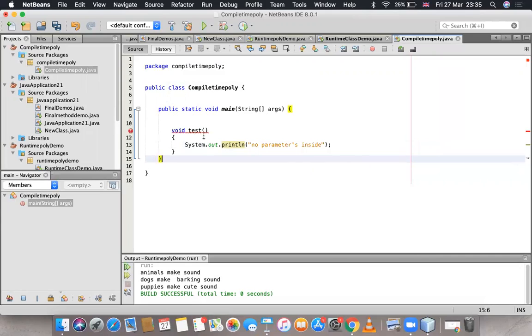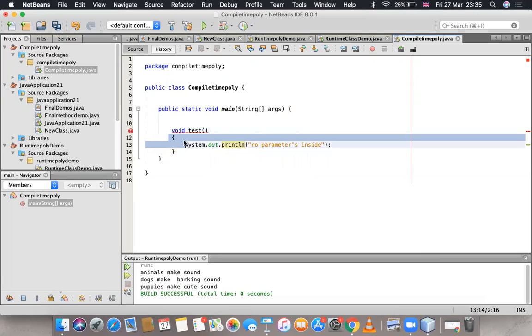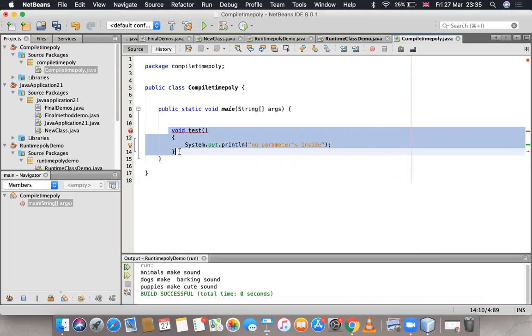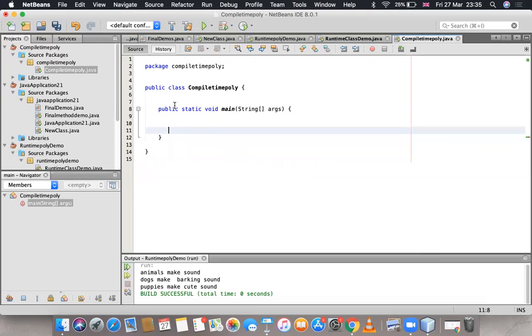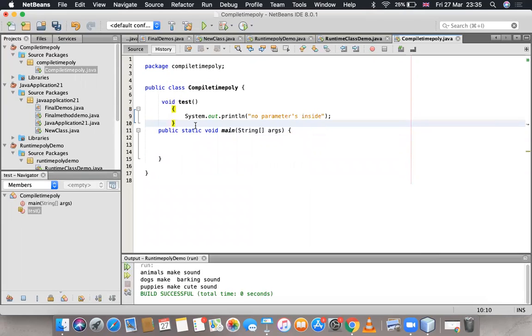I am getting an error here, semicolon expected. Public static void main. I am writing one method called public void test. I'm writing one method like void test, System.out.println, no parameters inside.